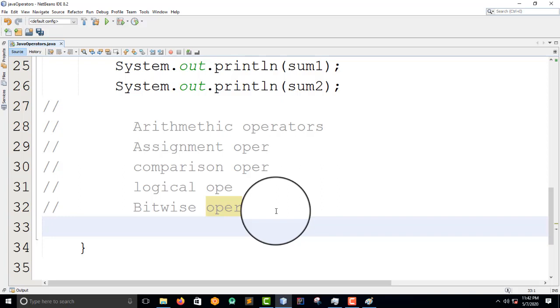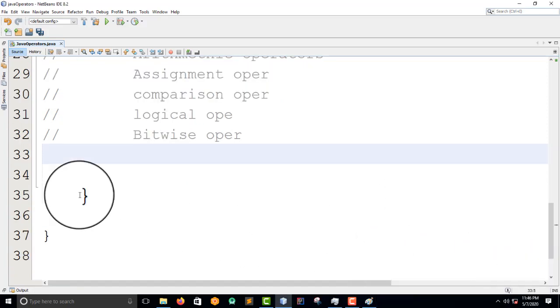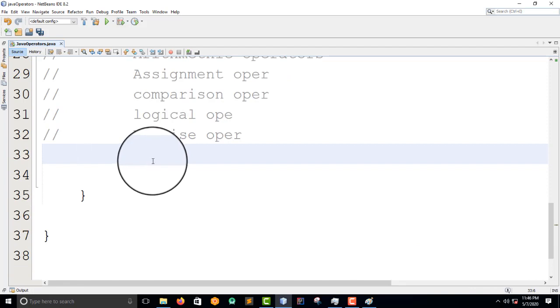So I'm going to declare an int here. Let's say int num, and then I put a comma, and then I say num2.